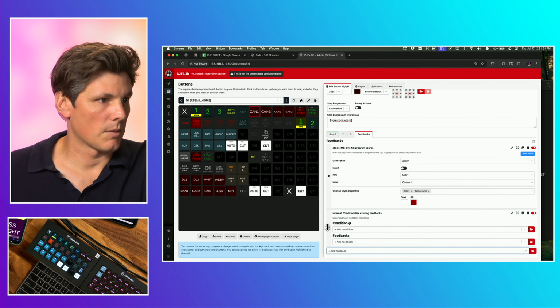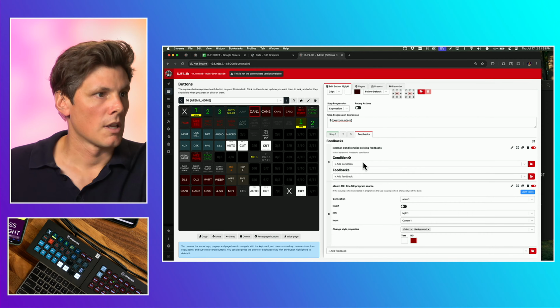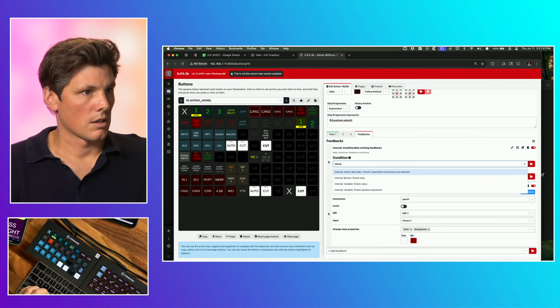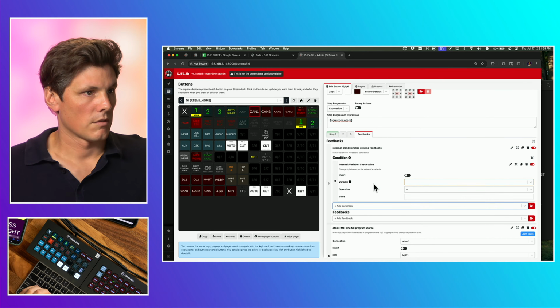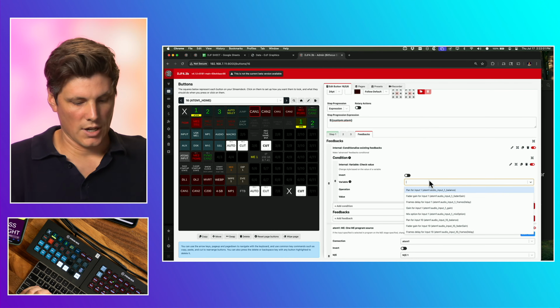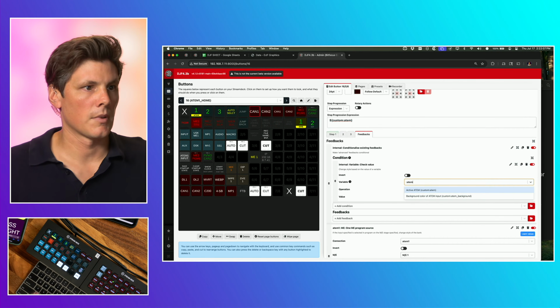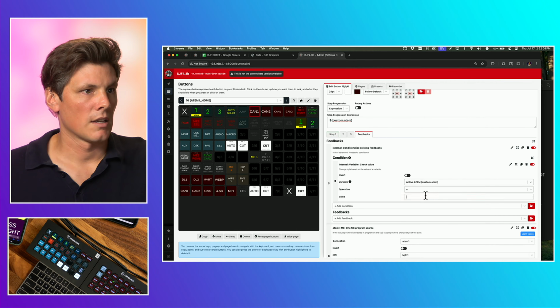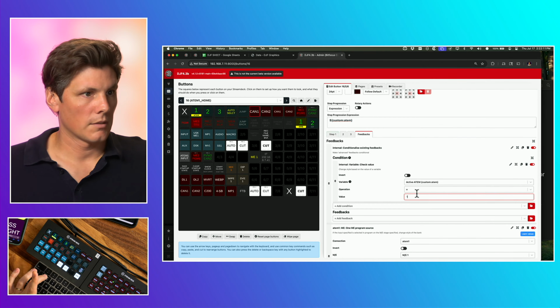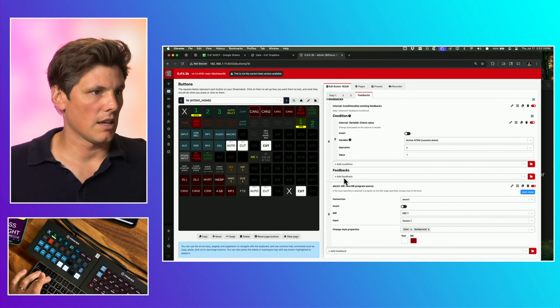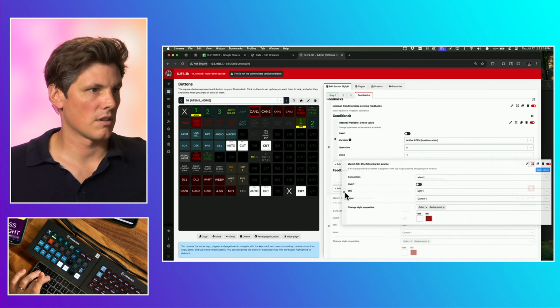And I'm just going to drag that one to the top so you can see what I'm doing. So I'm going to say check value, variable check value, and we're going to check the ATEM value. So my shortcut is semicolon ATEM. So if I'm saying if it's ATEM 1, then use this feedback here, which I can actually just drag my feedback up into it. Not particularly